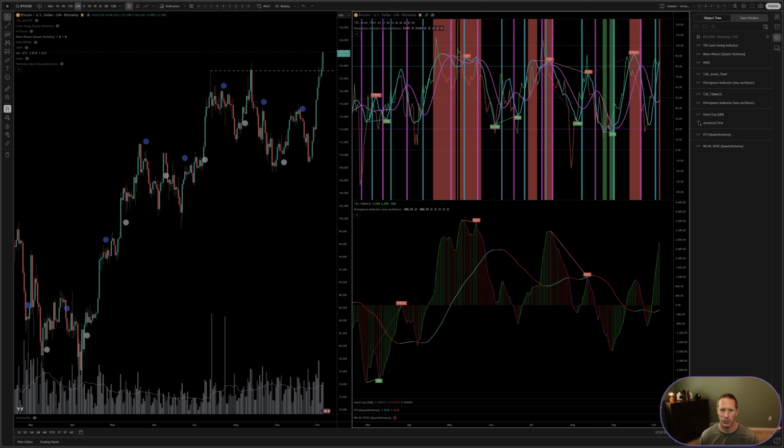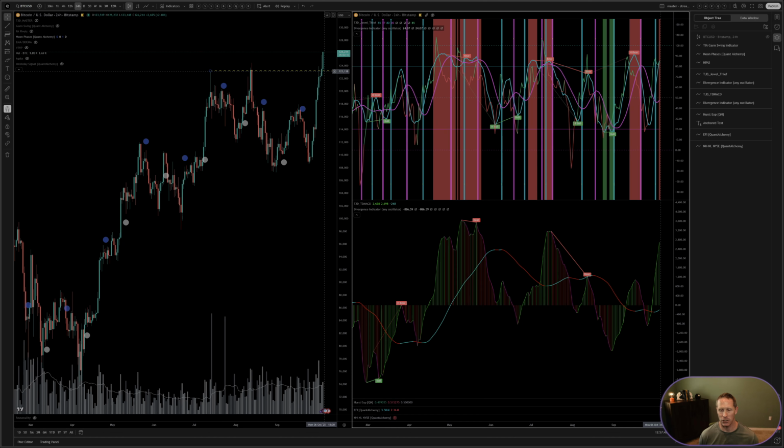We've got continuation. Everything's still looking good. We haven't even had the bull moon print yet, but it looks like we should get a bull moon printing today, I believe, maybe tomorrow. And with that said, hopefully, based on the statistics from that, we'll continue to see further upside for Bitcoin.